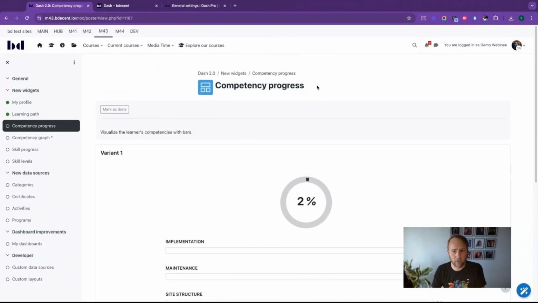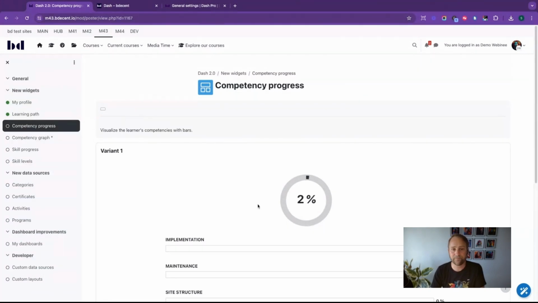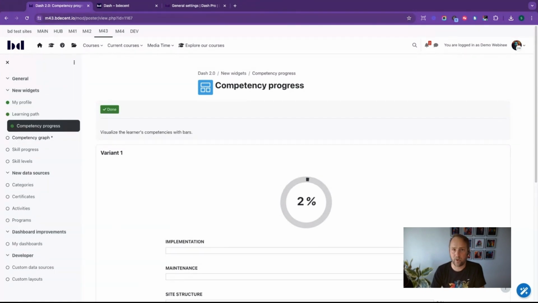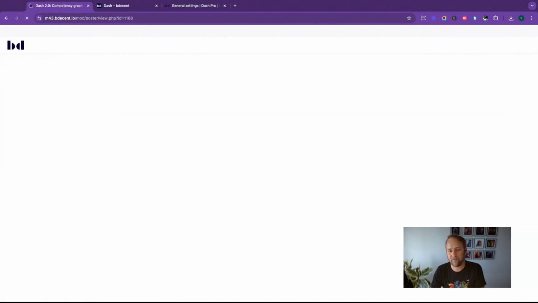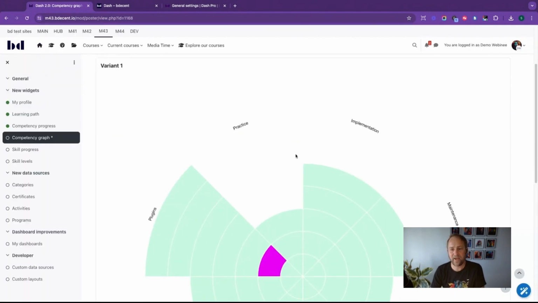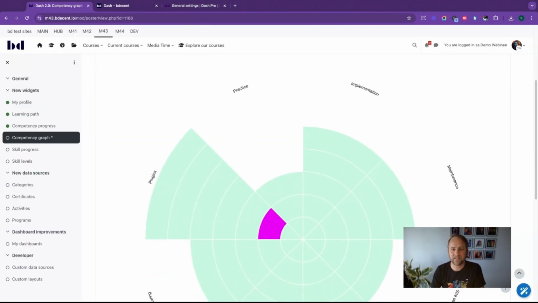The competency progress widget is a new one, but we've got a notable mention, which I want to show you in a second, which is a competency graph, which basically shows the same information just in a different visualization. So let's mark this as done and move to the competency graph, and then I'm going to show you both how they're created. The competency graph displays the same information that we just saw, but it does it as a